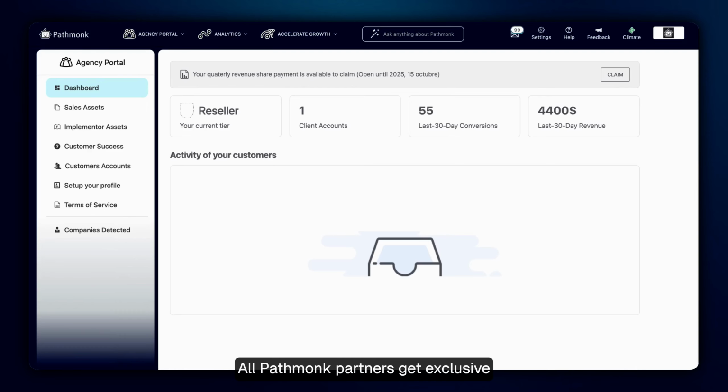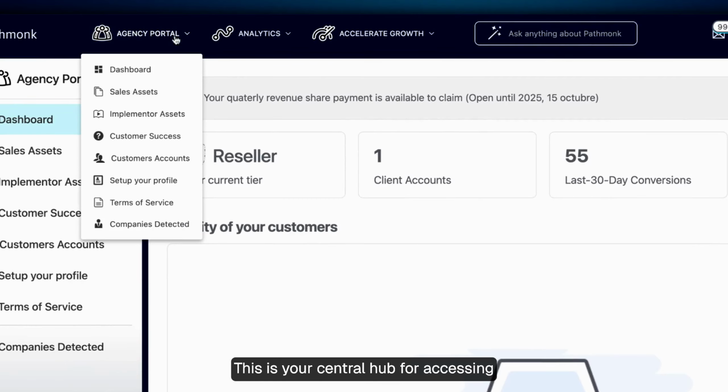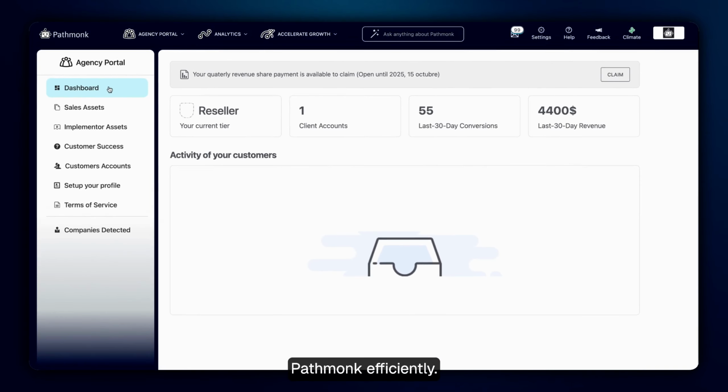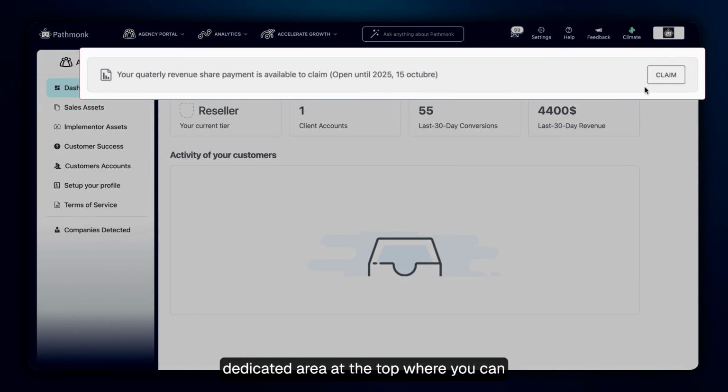All Pathmonk partners get exclusive access to the agency portal. This is your central hub for accessing important information about your clients, commissions, tutorials, and other tools that will help you manage Pathmonk efficiently. In the dashboard section, you'll find a dedicated area at the top where you can claim